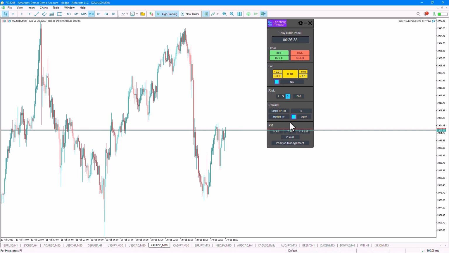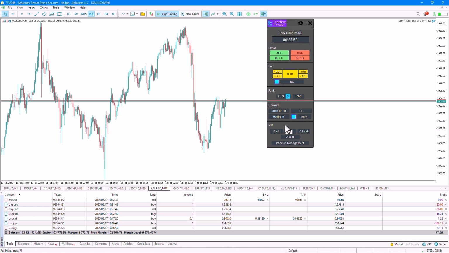The management panel is located here. You can click on the first option to break even all your profitable trades. By clicking on the second option, you can close all your open trades, and by clicking on the third option, you can close your trades in order from the last trade to the first trade, allowing you to manage your trades. For example, here,